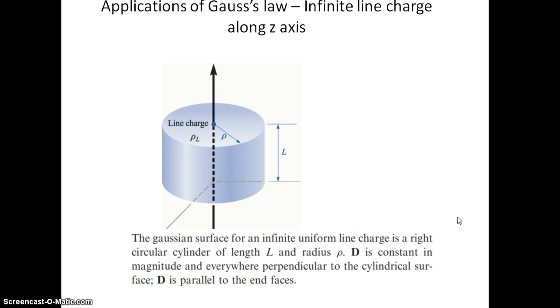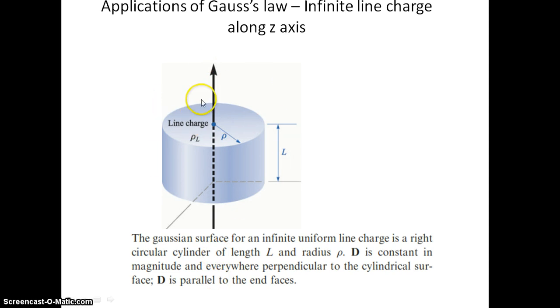Next we will see another application, the infinite line charge. Previously we have seen the derivation for the infinite line charge in the cylindrical coordinate system. So again, based on Gauss law, how can we prove this? Now we are going to do this. For any application of Gauss law, we have to consider a Gaussian surface, and this is the Gaussian surface for an infinite line charge.